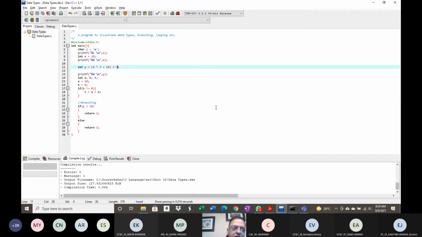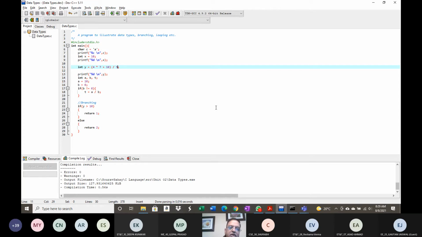Here I have got these operators, arithmetic operators. So we have got arithmetic operators and logical operators. Arithmetic operators are obviously add, subtract, multiply, and divide, and logical operators are and, or. We will come to that also. So here you will notice that I have an arithmetic expression.